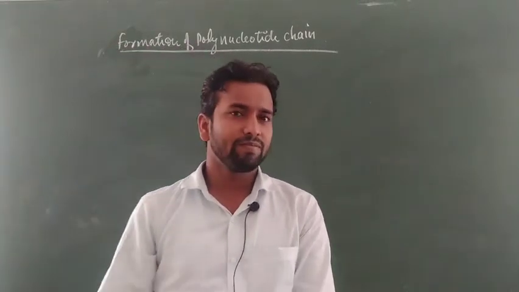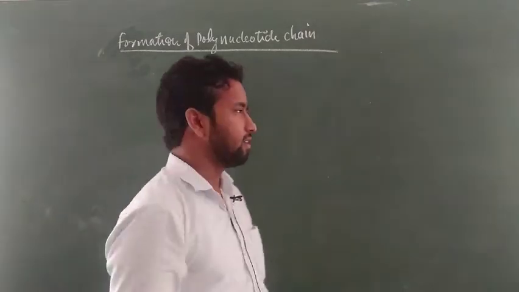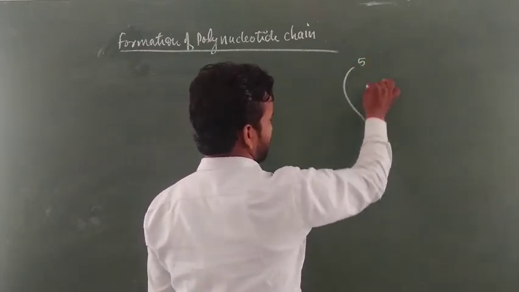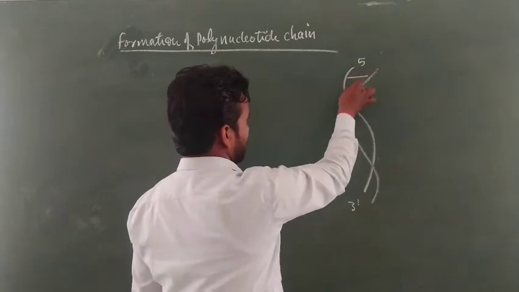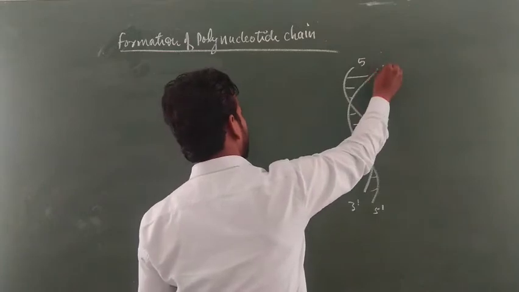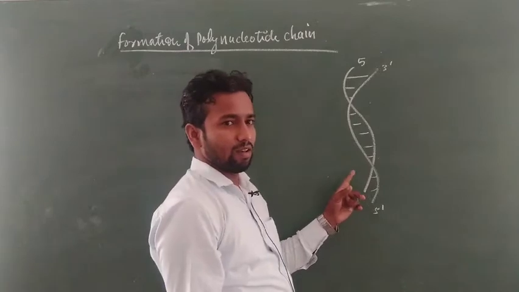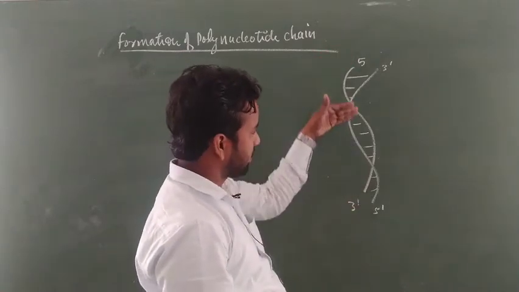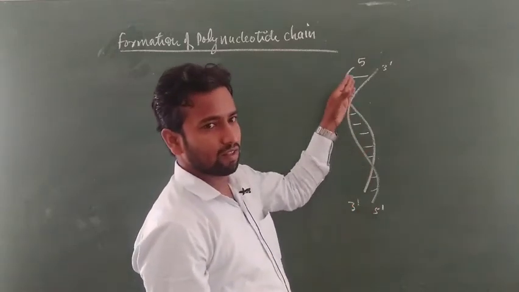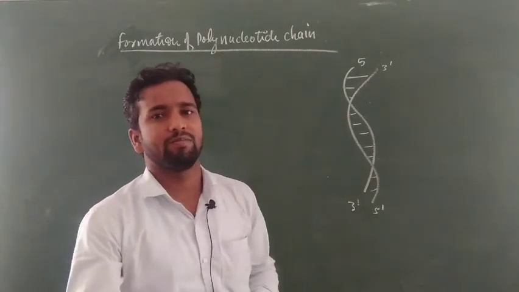In a DNA, you have seen already the different strands. This is a strand having 5' to 3' orientation, and this is another strand that is present anti-parallel to each other, having orientation 3' to 5'. I already told you this second chain is anti-parallel. If this chain has 5' to 3' orientation, then the other chain has the opposite orientation. Generally B form of DNA is very common. It is a form of monomeric